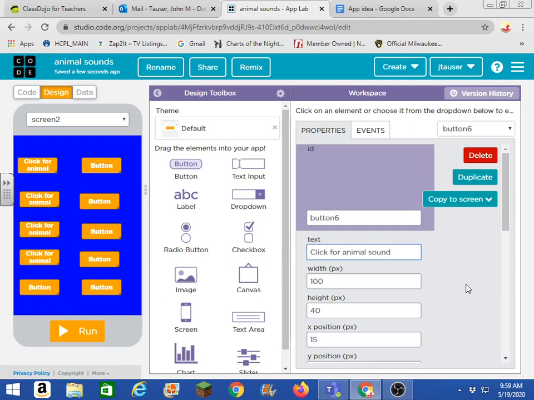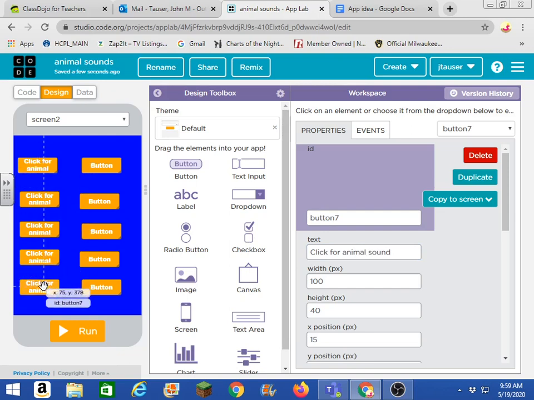Click for animal sound. And click for animal sound. So I've got 5 buttons to click for an animal sound, but then I see that each of these animal sounds